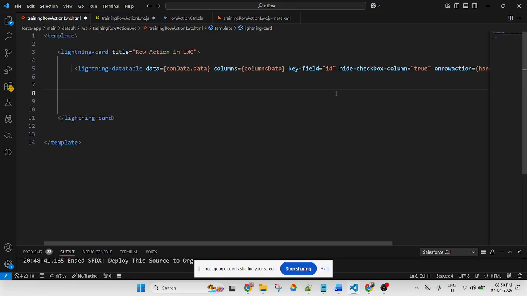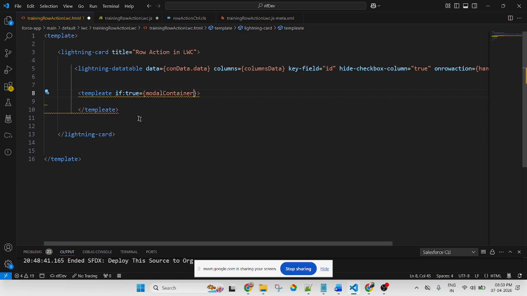Here I apply a template if condition, if true. Pass the variable.